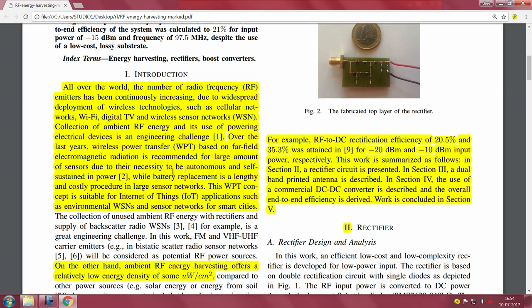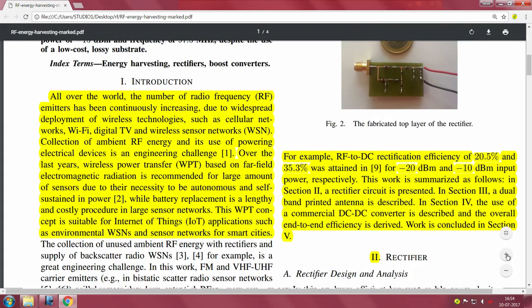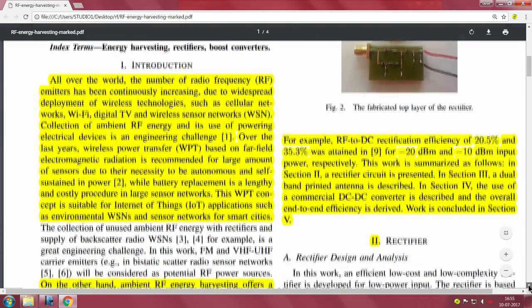It is recommended for a large number of sensors due to their necessity to become autonomous and self-sustained. See, the nice thing that they write here again is interesting. They say battery replacement is a lengthy and costly procedure in large sensor networks. Therefore, this WPT, wireless power transfer concept, is suitable for IoT applications such as environmental WSNs and sensor networks for smart cities. Okay, so this is what they